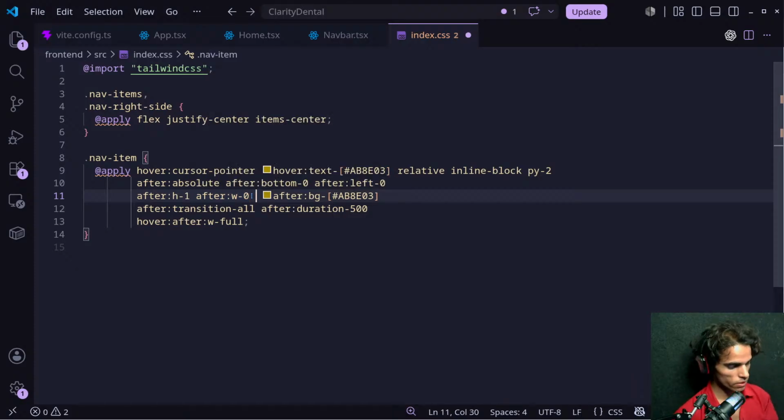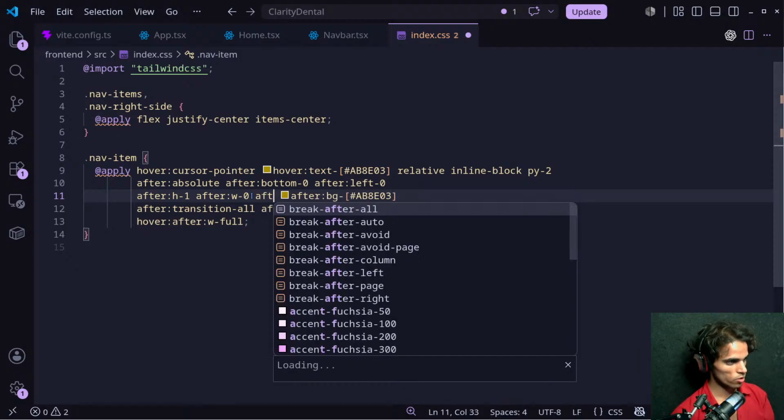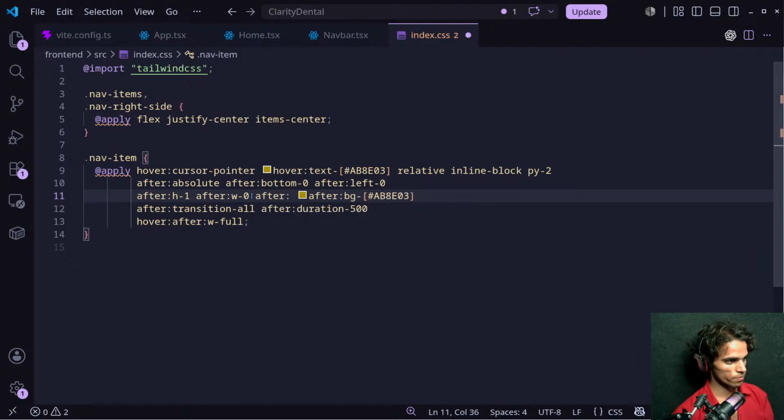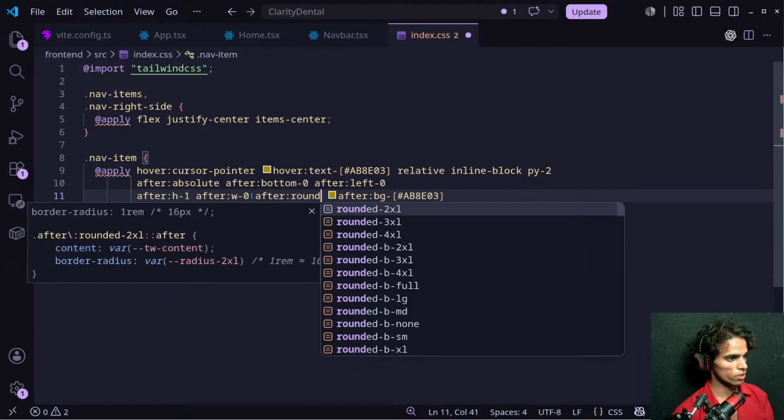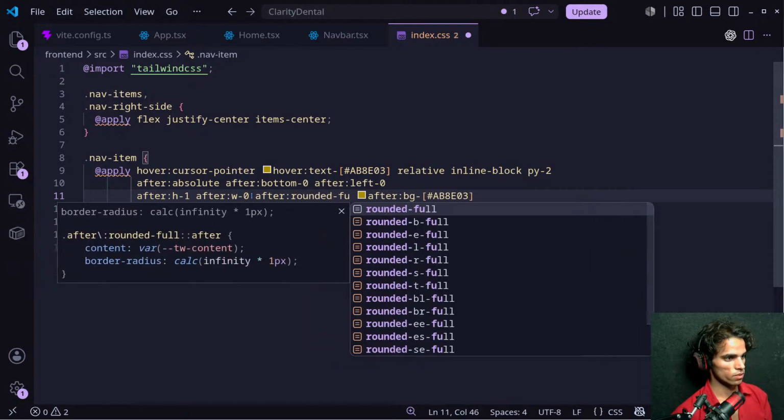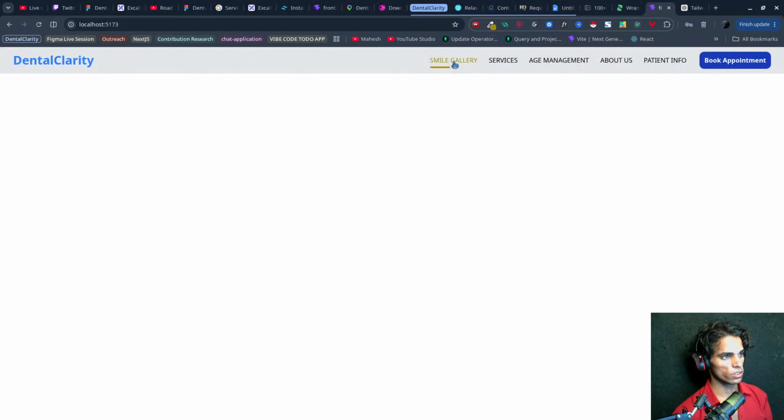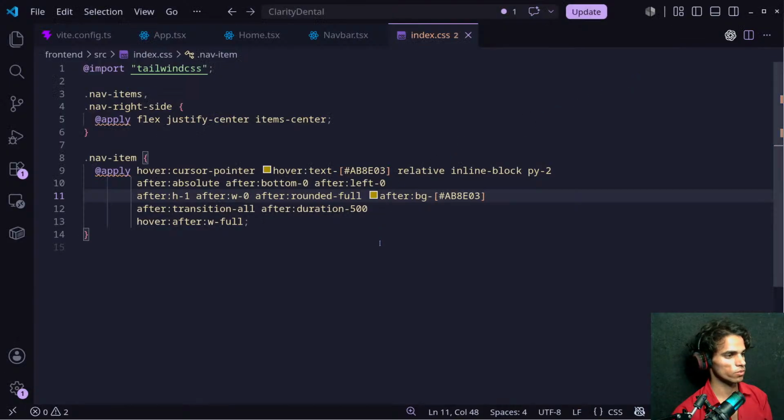I would like to give it a radius. Okay, so after, I don't know how this works, but rounded will be, let's see how it works. We can make it a little bit rounded, and this is what I want.